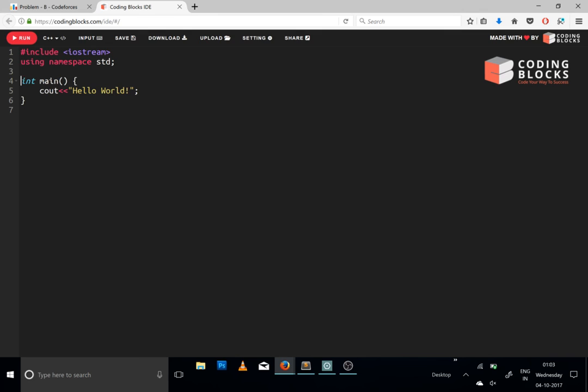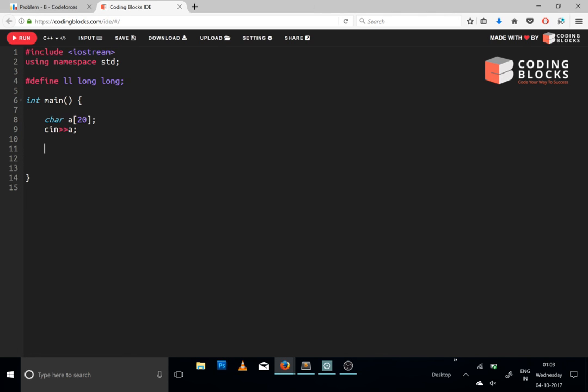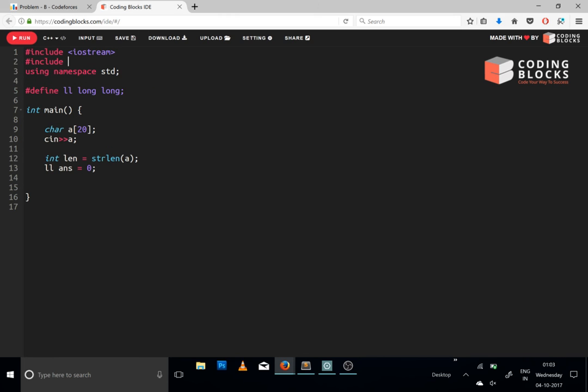So let's start the coding part. I am taking this number as an array of 20 digits, I'm taking this in as input. Then I'm going to compute the length of the array using the inbuilt function, and let's say our initial answer is 0. Let's also include the C string file,